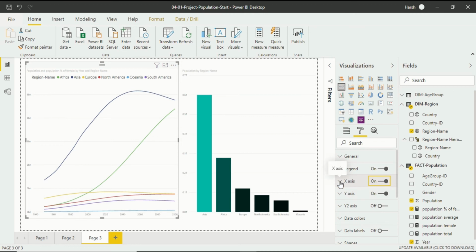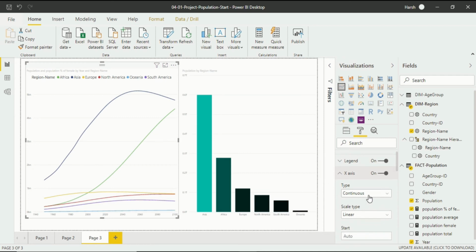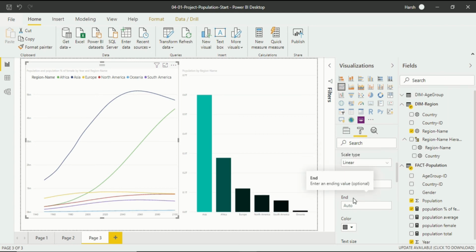Now let's go to the drop down of the X-axis. Now you will be able to see a lot of features, for what type of data we are having. Continuous, categorical, scale type is linear, log. You can use any of it and specifically give it. After scale type, we have a feature that is start and end. So how does this feature work?